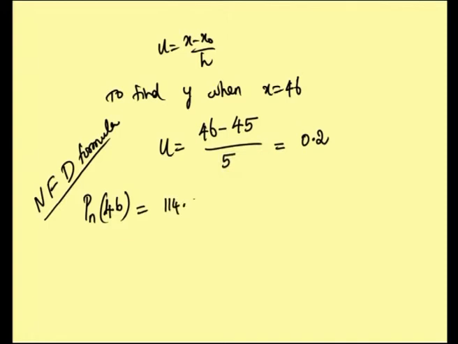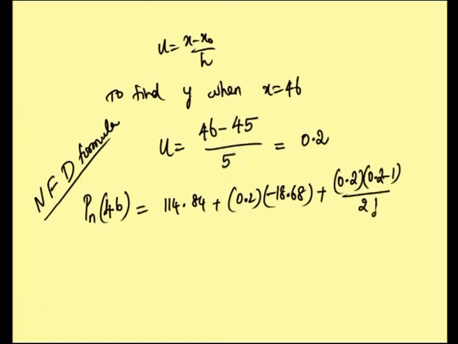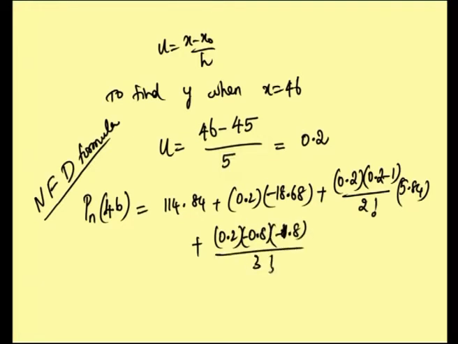Y naught is 114.84 plus 0.2 into minus 18.68 plus 0.2 into 0.2 minus 1 divided by 2 factorial into 5.84 plus 0.2 into 0.2 minus 1 is minus 0.8, minus 0.8 minus 1 is minus 1.8, divided by 3 factorial into minus 1.84